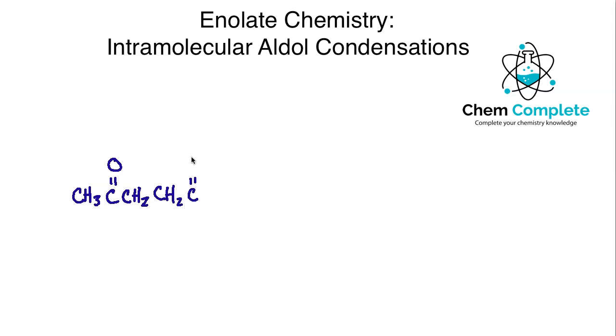Okay? In other words, you really can't be forming 3- and 4-membered rings very readily. So you have to have a high enough carbon count. 5 is usually the minimum. 5, 6, and 7 are all plausible and certainly will undergo the reaction readily. Okay, so as with most of our aldol condensations, we need our base. So we'll go ahead and provide some hydroxide. And then we'll also make sure that we provide some heat, which we're just going to represent with our triangle here. Okay, so if I take a look at this